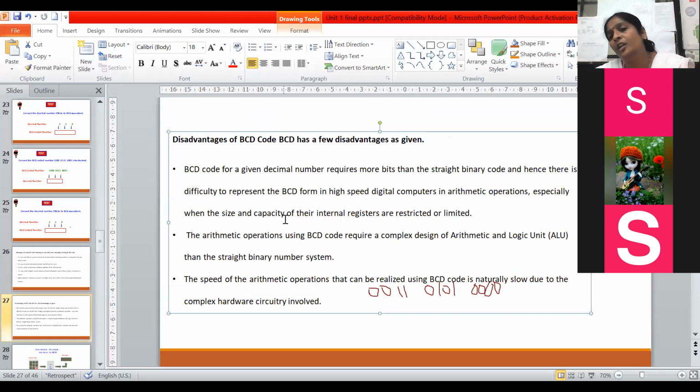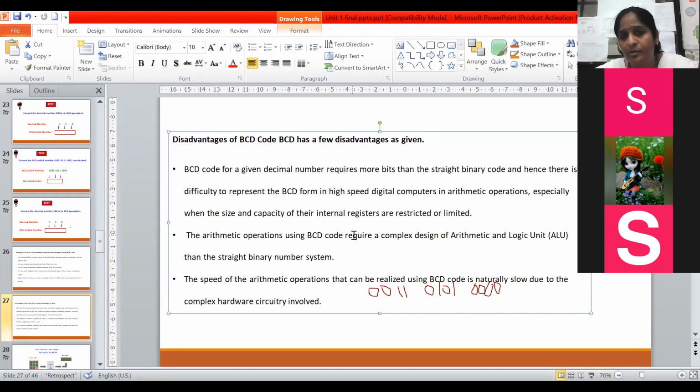If I consider the 8421 code, it is having the number of bits. 15 पण येतं त्याच्यामध्ये, 12 पण येतं, 13 पण येतं, but I cannot use. Though these numbers are present, I am going to use only 0 to 9. म्हणजे 10, 11, 12, 13, 14, 15 I cannot use. So there is a restriction for that. So though the capacity is more, I cannot use it. I am supposed to use only 0 to 9 numbers.